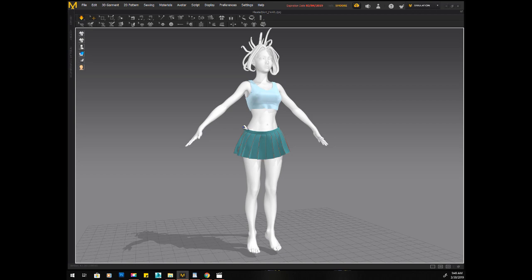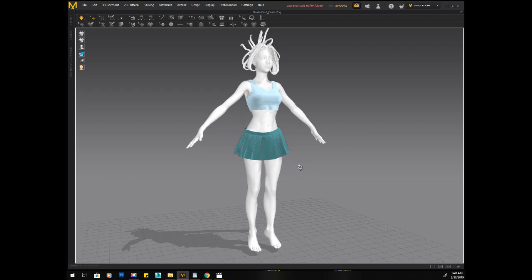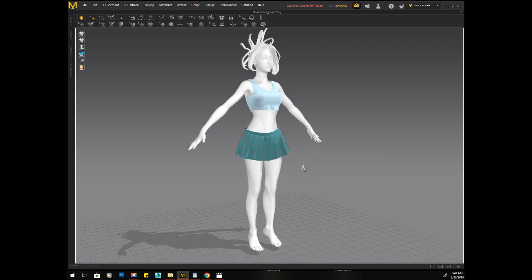Next time we're going to build the belt, which will ultimately deform the skirt, put the skirt in the final pose, and I'll show you how I get it to ZBrush, and hopefully we'll start looking at these cybernetic legs, which I'm looking forward to building. I think that will be fun, a nice change of pace, get into some hard surface modeling,